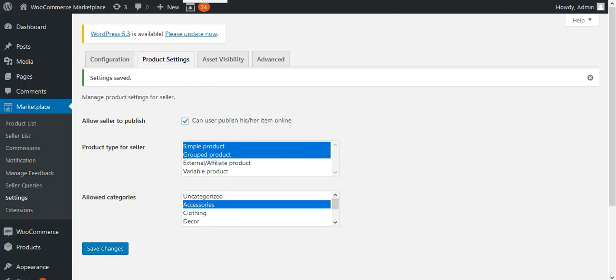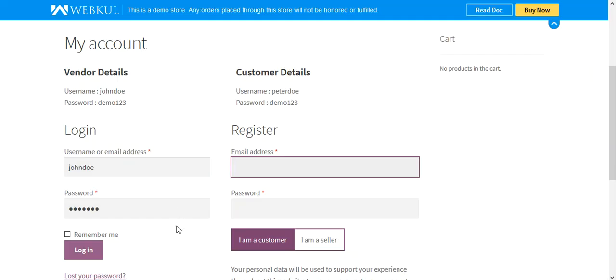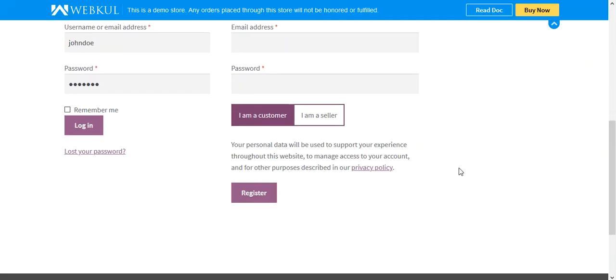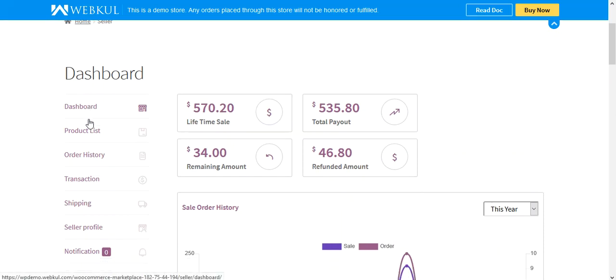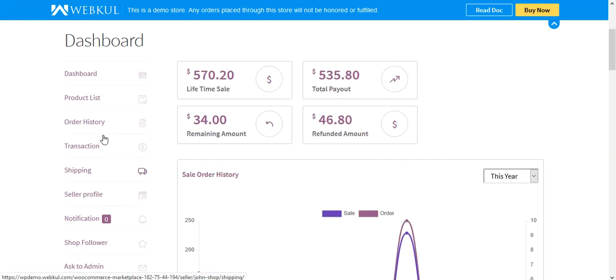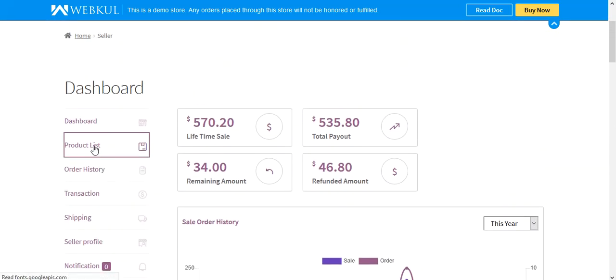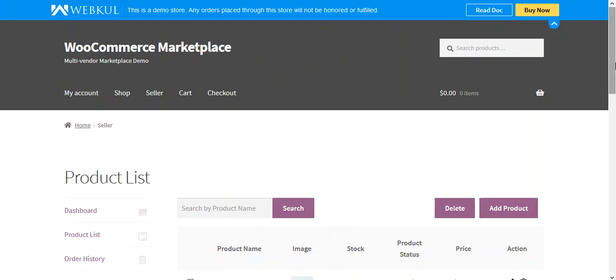Let me go to the front end and let me log into the seller account panel first. So here I am at the web store front end, and I'll be logging in as a seller first. Now on the left hand side we have our dashboard. The marketplace dashboard is there. Now I'll be going to the product list. Here we have all the products for this particular seller,